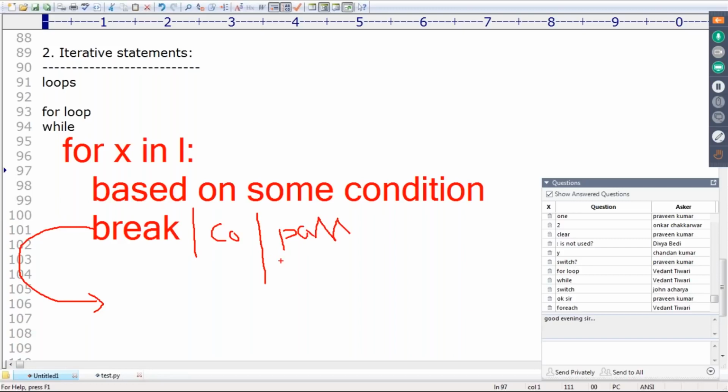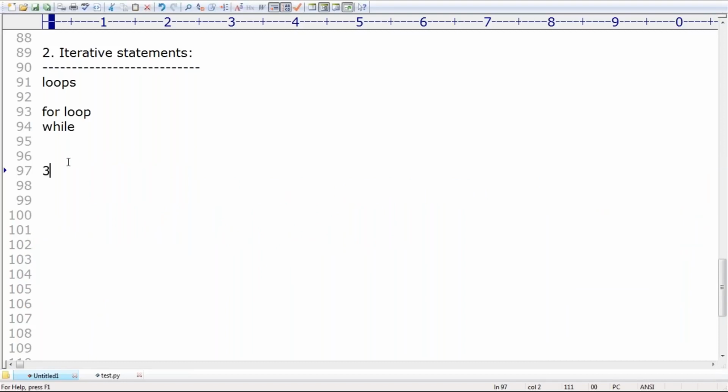Remember that. Pass is also a keyword in Python. These statements are by default considered as transfer statements. To transfer the control from one place to another place, we go for transfer statements. Sir, how many transfer statements are available in Python? Remember that, sir, three transfer statements are available. What is the first one? Break. Next, the second one, continue. The third one, pass.